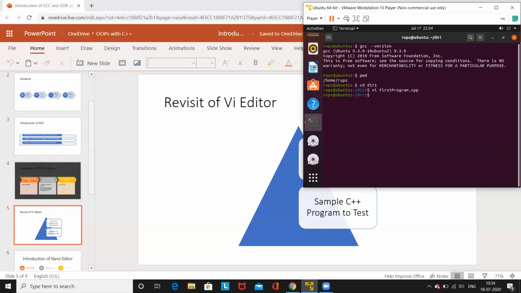So now I have returned to the terminal again. Now I can check what I wrote in the vi editor. I will use the more command: more first program.cpp. The more command is used to see the content inside the file. So the first program.cpp file exists, and these are the things it is carrying inside it. Now the next step is GCC, space, then the file name.cpp. My file name is first program.